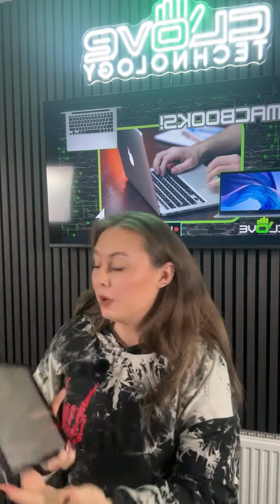Again, we have got this one as well. This one is the 6th generation. However, this one is the one that's just before the 7th gen. So this one could possibly have some limitations when downloading some apps. But the main thing I want to say is I have done my research, and yes, you can play Roblox